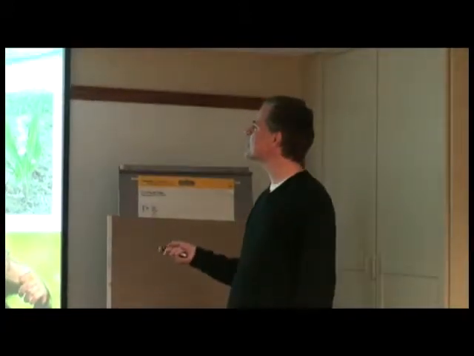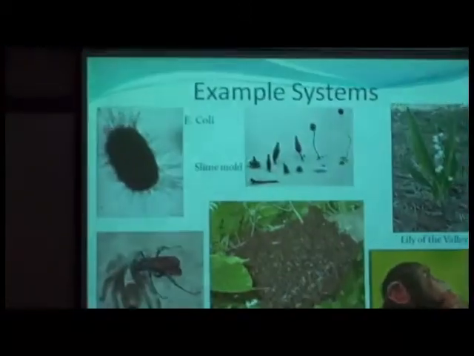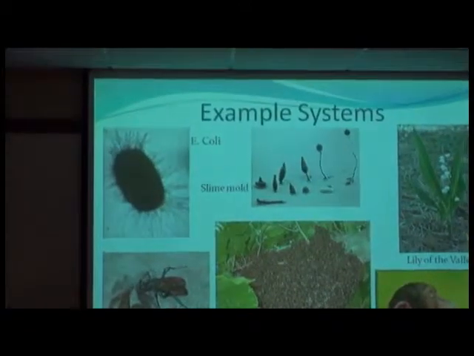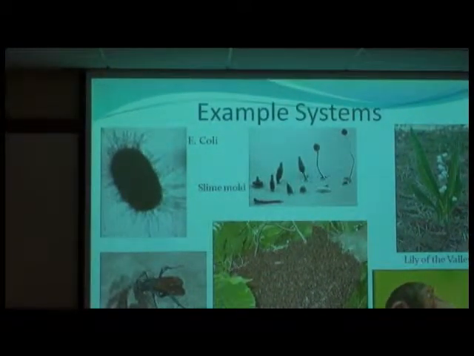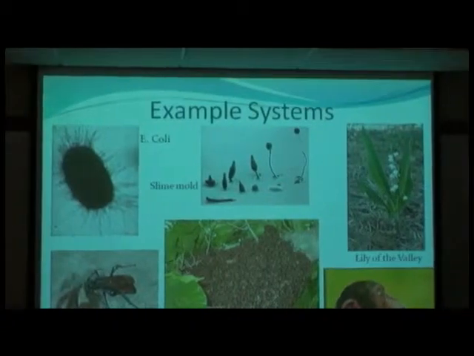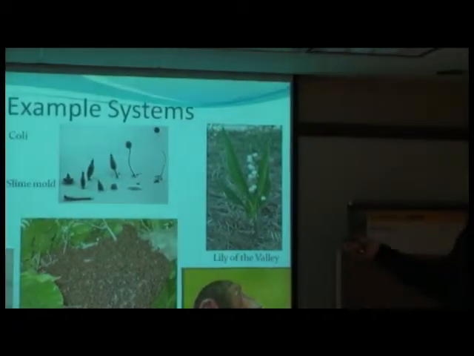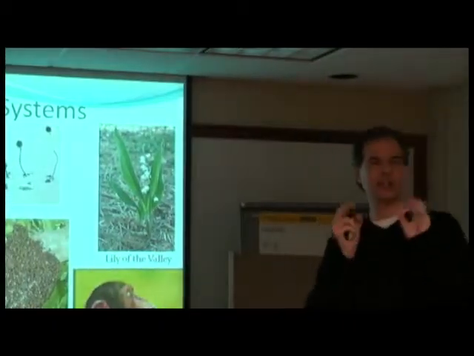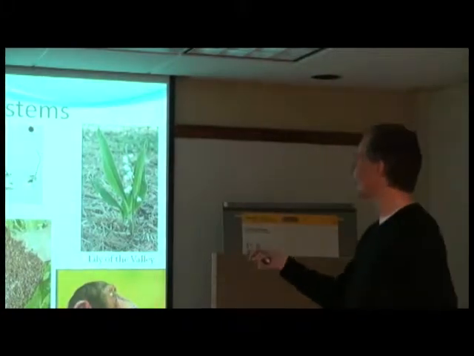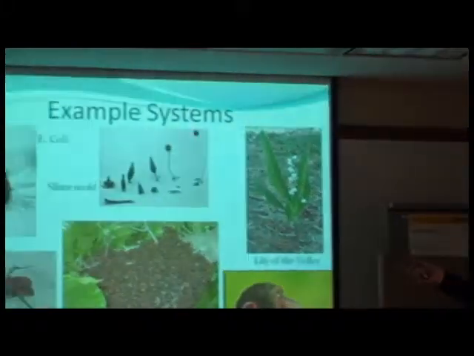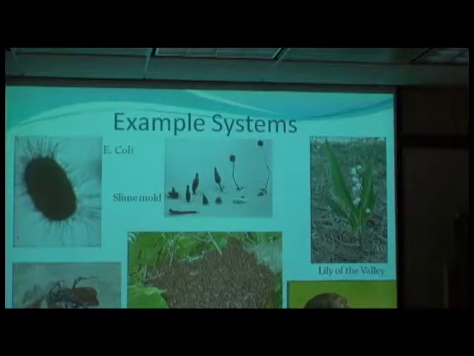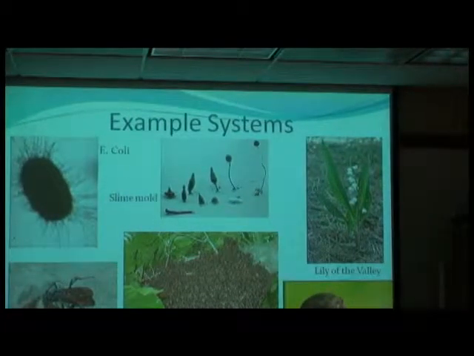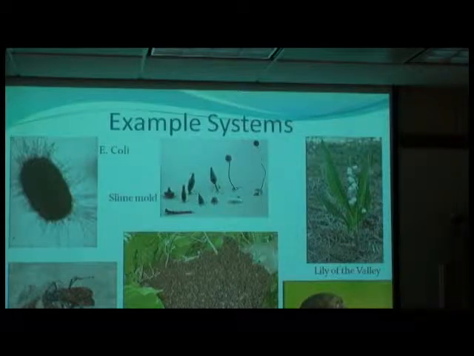Slime mold is a nice example that's sort of moving from one cell to almost being multicellular. It's got two phases. When times are good, the little cells are off on their own. When times are bad, they aggregate into this little slug, which can crawl around like a single entity, and then it forms this little stalk, and eventually some of the slime mold guys reproduce and give rise to little spores. And you were just pointing out that in slime molds, they can form aggregations